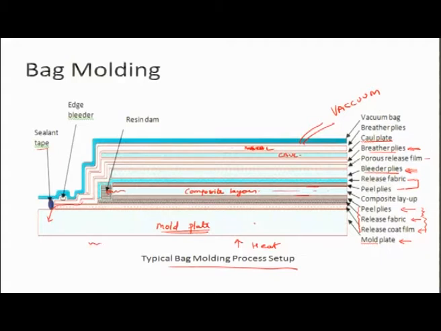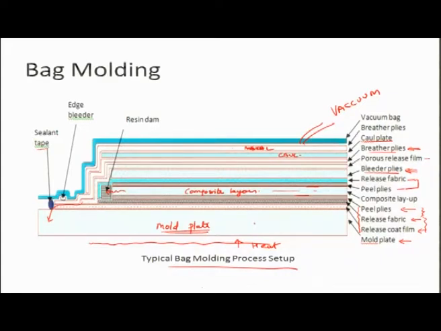So you can have some resistive element here, and you can have current flowing through this, so the entire thing gets heated, and that ensures that the curing happens at a faster rate. And if you keep the temperature pretty high, maybe 170 or 200 plus degrees centigrade, maybe the whole curing can happen in a couple of hours, and then you slowly cool it, remove it, and take out your composite and cut it to the right dimensions, and that is what your output is going to be. So this is what bag molding process is all about.